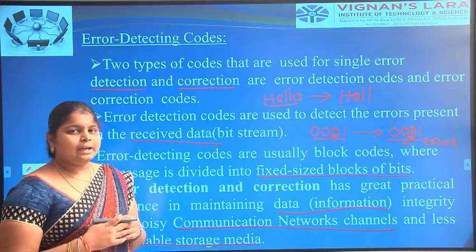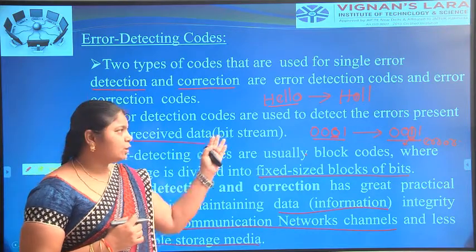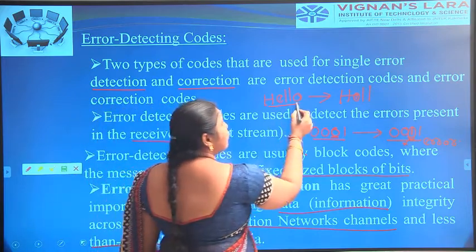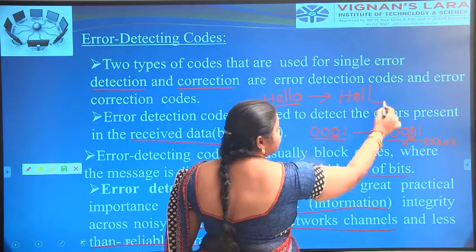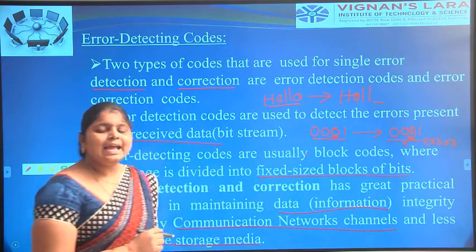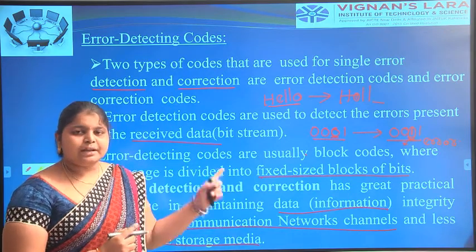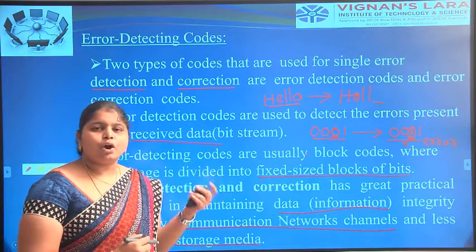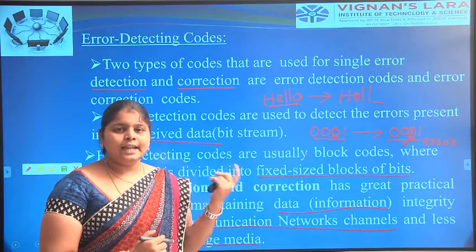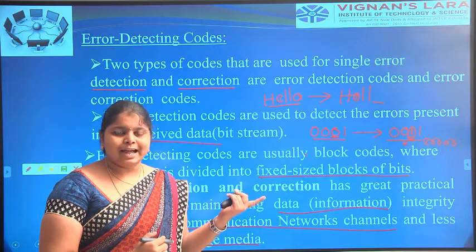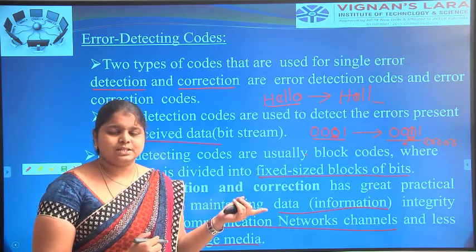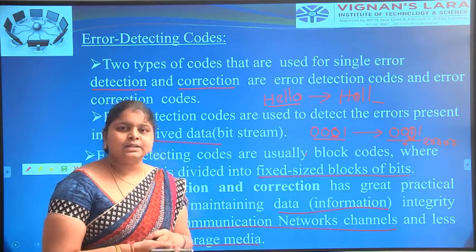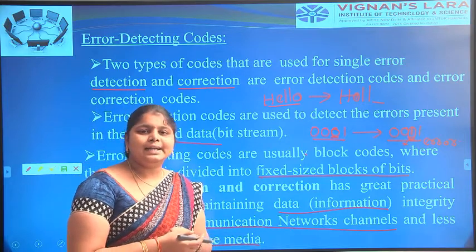The data transferred from the source side to the receiver side is missing the O. That is known as an error, and it can be detected. In text, binary or any other form, if the data transferred from source to destination is not clear, that is known as an error that can be detected.